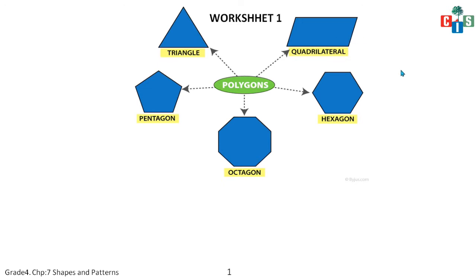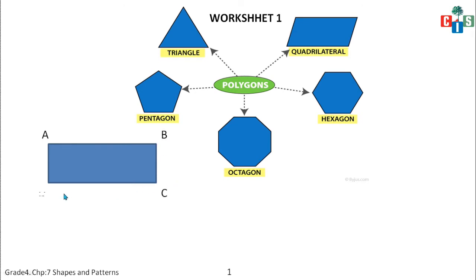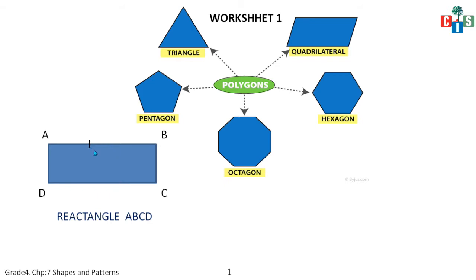In quadrilateral we saw rectangle and we named it A, B, C and D rectangle. Sorry, first of all we will see the property of rectangle, and I am marking AB is equal to DC. So the markings will be same because opposite sides of the rectangle are equal. ठीक है, so ये opposite side है AB and DC. BC and AD are opposite sides, so they are equal. So I will mark it with the same marking.